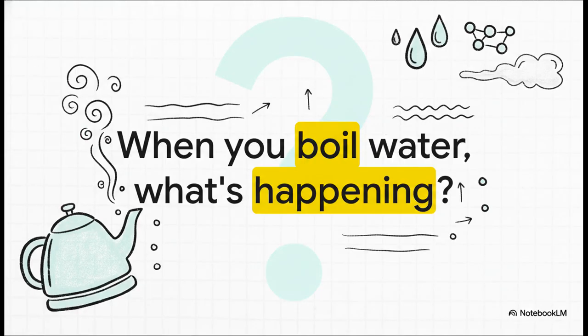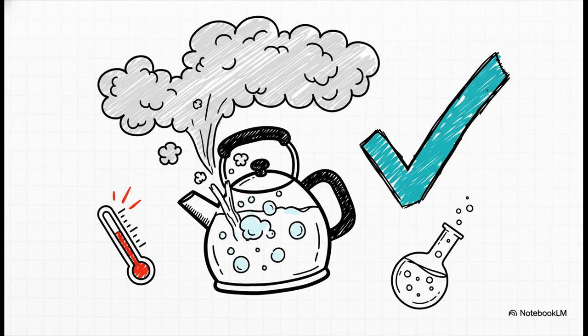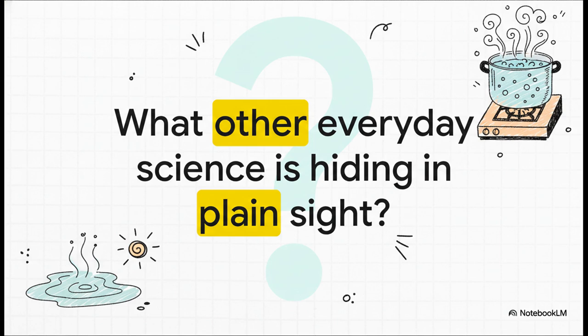Okay, so armed with all this new knowledge, let's go back to that first question. You're in your kitchen, that kettle is whistling away. What is the correct scientific term for what you're seeing? You got it. It's vaporization. It's a bulk process happening at a specific boiling point with bubbles forming throughout the liquid. There you go. You've just correctly identified a fundamental process of physics. So the next time you feel a cool breeze on your skin after a swim, or you hear a pot of water start to boil, you'll know exactly what's going on at the molecular level. And it really makes you wonder, doesn't it? What other huge, incredible science is hiding in the most ordinary moments of our day?